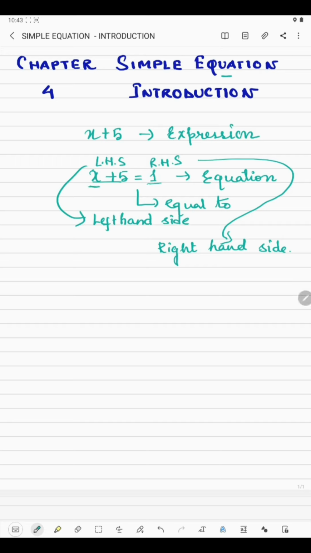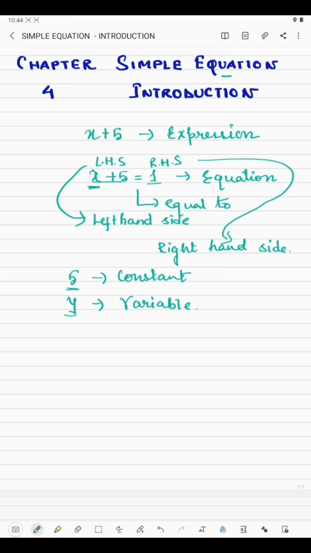Now what do you mean by variable? Variable means the value is not fixed. Here x is an alphabet, so any alphabet P, Q, R, S will be a variable, because those values are not fixed. If I tell you 5, its value is fixed, so this is called a constant. 5 is a constant here. But if I tell you y, the value of y can be anything. It can be 1, 1000, or 2000. The value is not fixed, so this is called a variable.